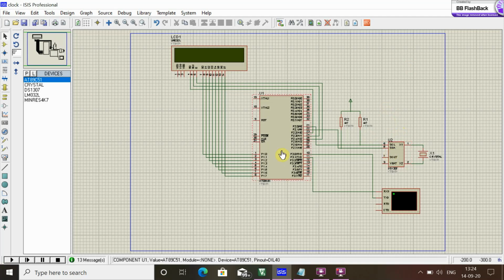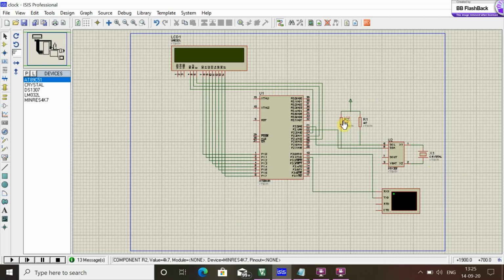And this is the microcontroller, and these are the two 4.7K resistors, and I have required an RTC crystal also. This is the RTC crystal, and this is the LCD screen. Connect the RTC DS1307 to the microcontroller as per the connections in the circuit diagram.